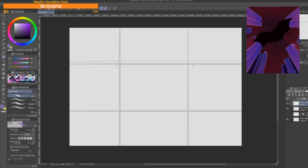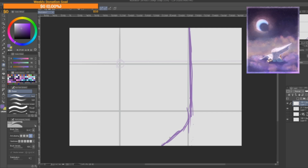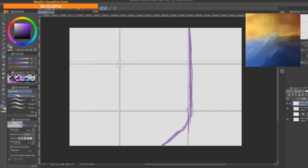So for the base sketch, I want to have a big old tree trunk here. So I want the edge of a tree. And then we'll say that the tree's roots kind of come out like this, but they're going to be nice and big. And this doesn't need to be here, but it also doesn't need to be erased fully, because this is the very, very base sketch. Yeah, we'll have the nice round tree coming like this. Maybe,